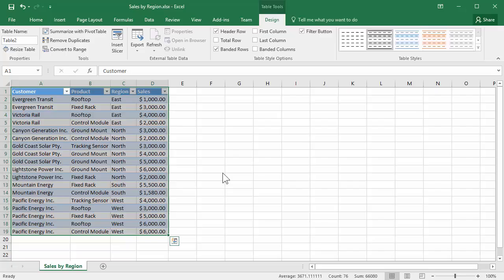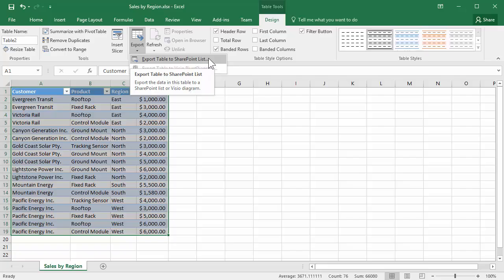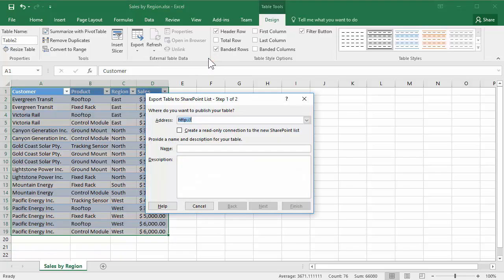There. Now, on the Table Tools Design ribbon, we'll click Export to find Export Table to SharePoint List. For this step, we need to know the website address of the site, which only requires the site location without any page address information. We'll check the Create a Read-Only Connection box, which creates a link between the Excel table and the new list, so as the team updates the SharePoint list, the changes will show back here in the